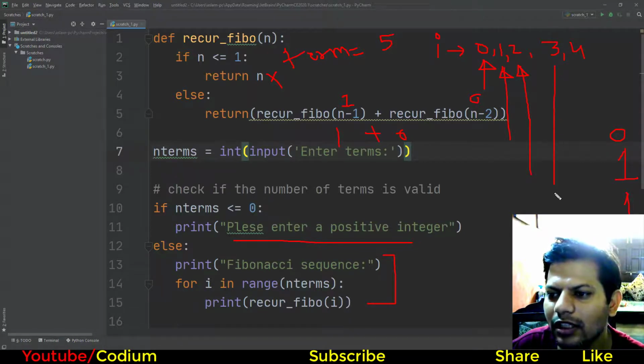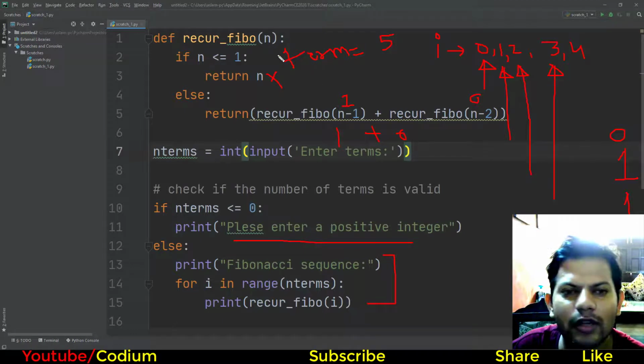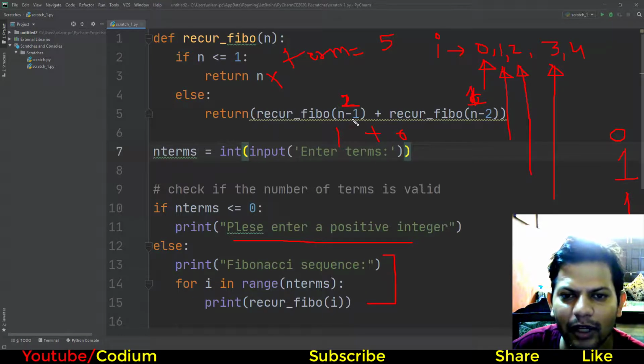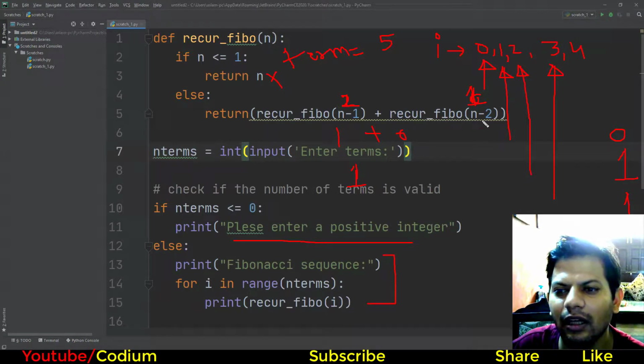Now the i value is 3, the n value is 3, which is greater than 1, so it does not return n, but else. Now 3 minus 1 is 2, and 3 minus 2 is 1. The function with argument 2, which we previously solved, has value 1, and the function with argument 1 has value 1, and 1 plus 1 is 2.